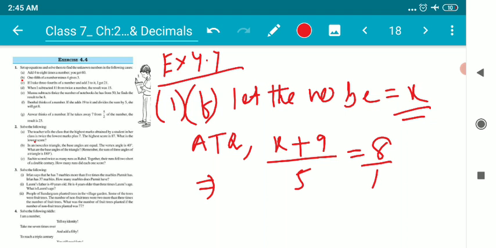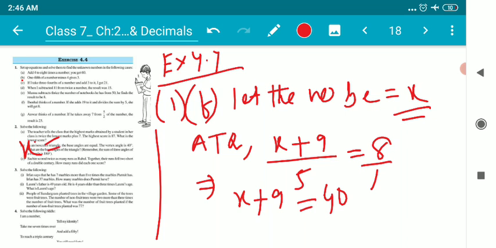Children, as we all know, such situations we go for cross multiplications. 1 with x plus 9 will be multiplied, I'll get x plus 9 only, equal to 5 into 8 will be resulting 40. Okay, now children, how to solve? Simply x will be kept, 9 will be transposed to this side, it's going to be minus. So 40 minus 9, because 9 was added over there, so the moment it will be transposed, it will become minus. So x is equal to 31.